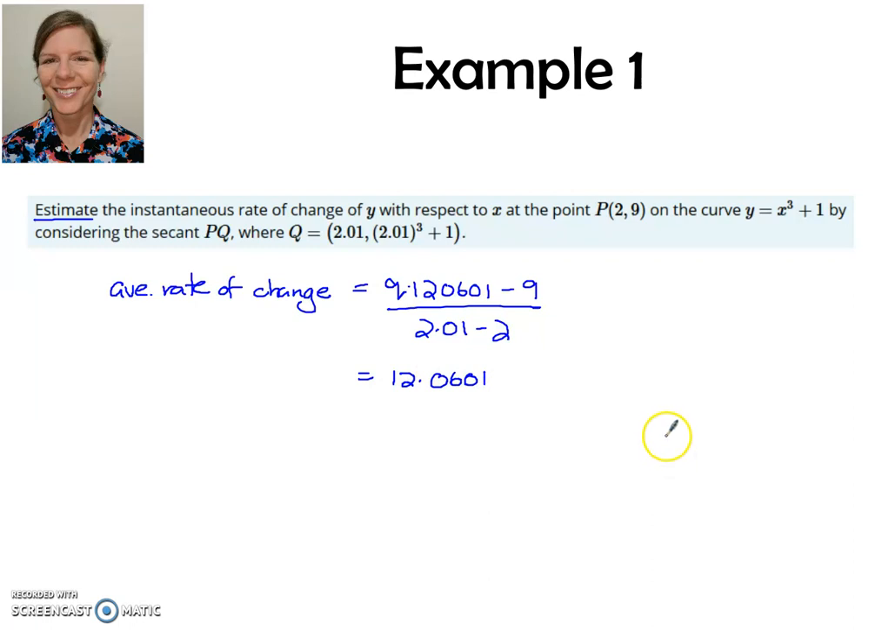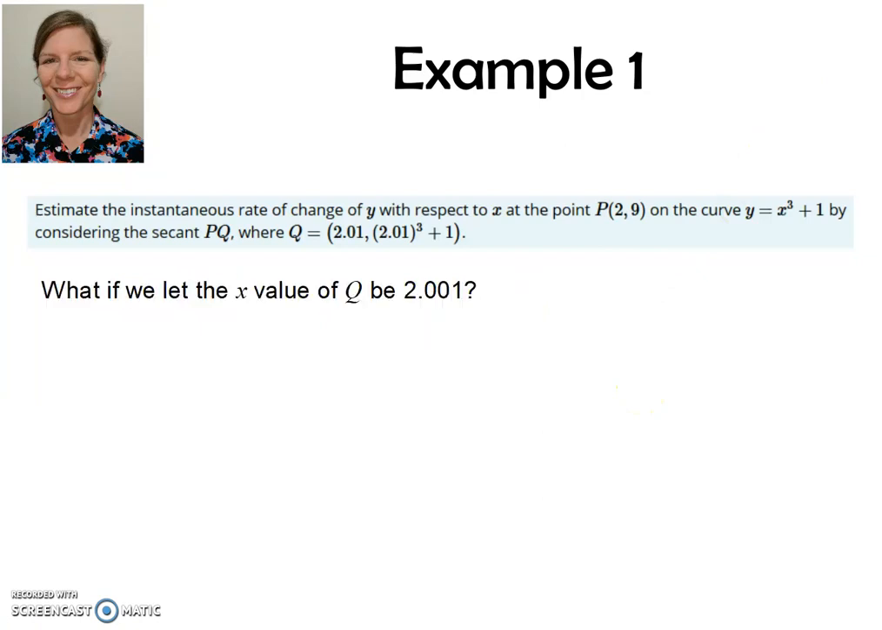Okay, so that's an approximation of the instantaneous rate of change. But what it actually is, is the average rate of change between 2 and 2.01, which is a small interval, but it's not entirely accurate. So what would happen if we let the x value, instead of being 2.01, be 2.001? So now our average rate of change,